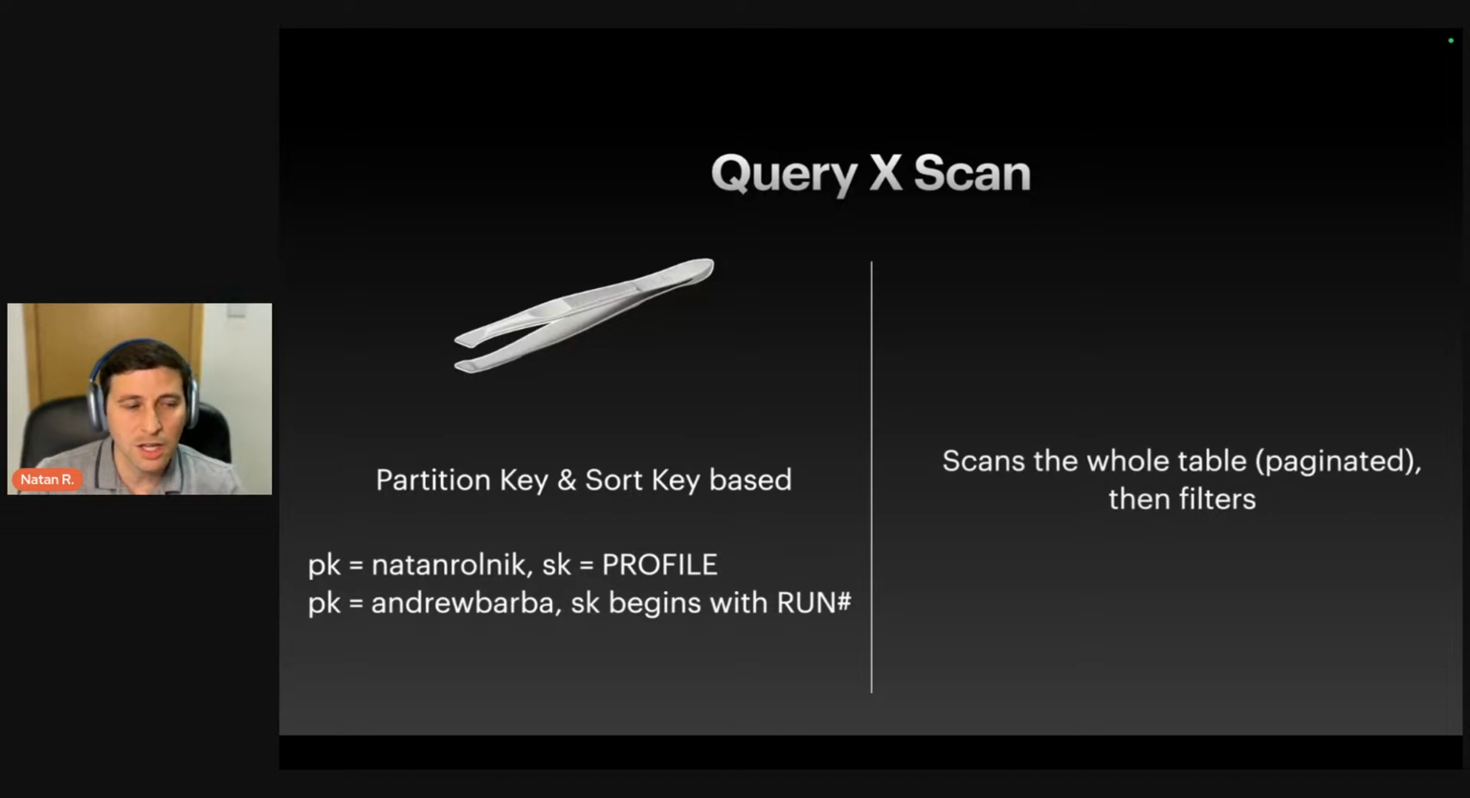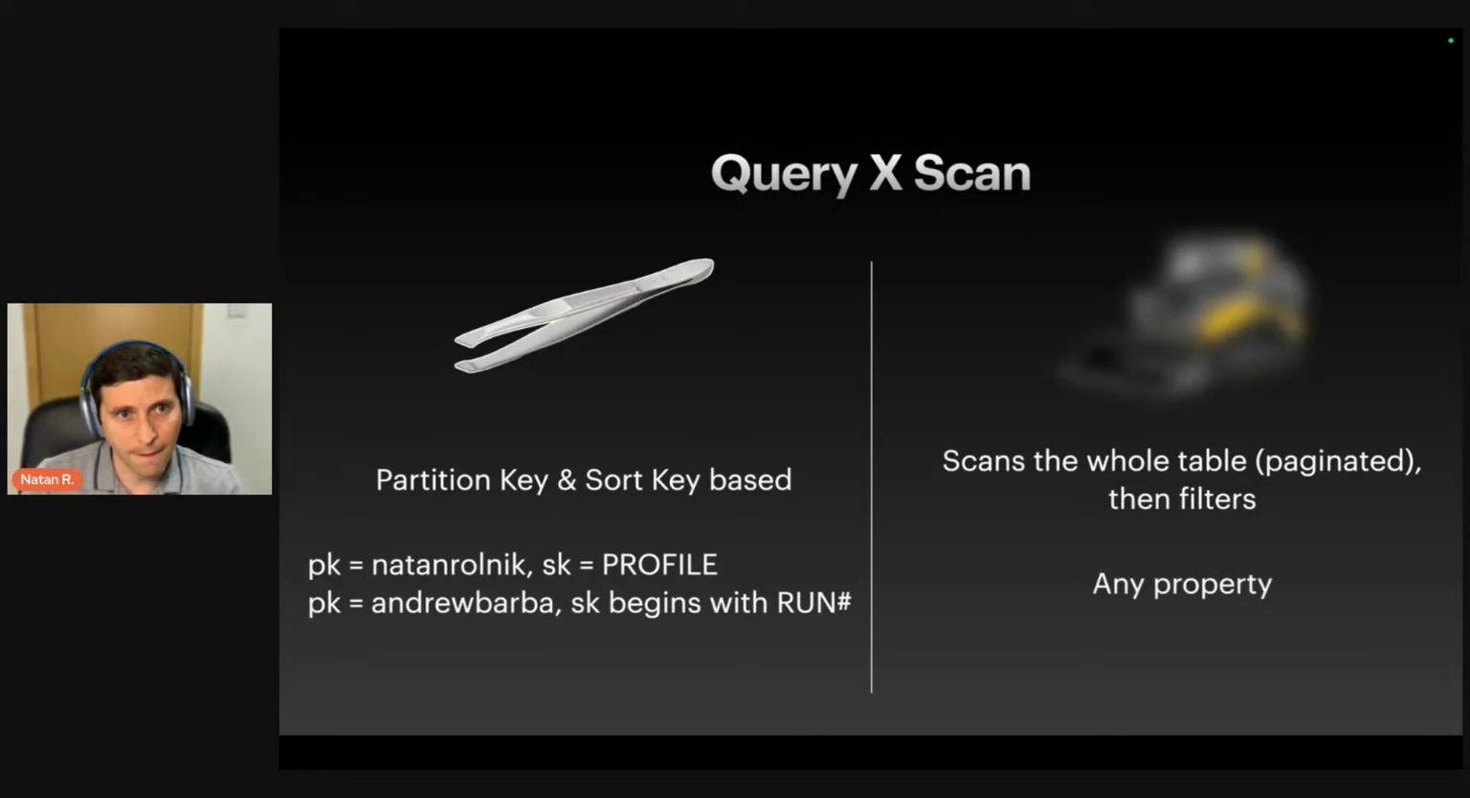So scans scan your whole table, and then if you have filter operations, which in SQL you're used to, the filter in SQL goes into the query. In scans on DynamoDB, it first gets all the objects, and only then it filters. You can also use filters on any property. But the scan is much more like a tractor. So you should